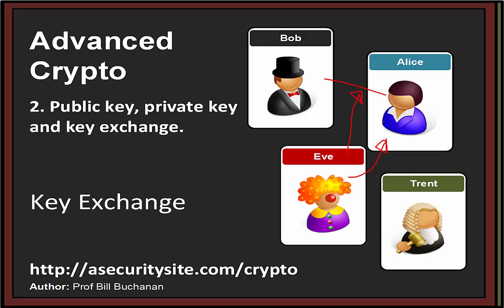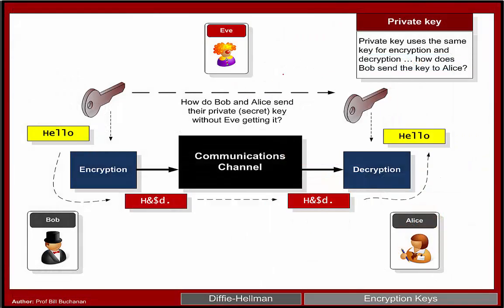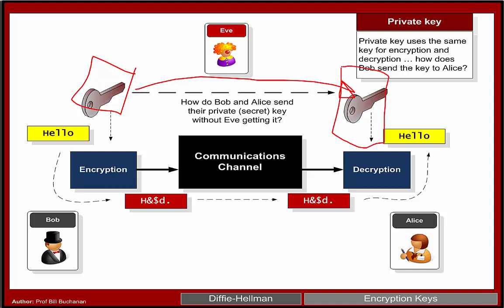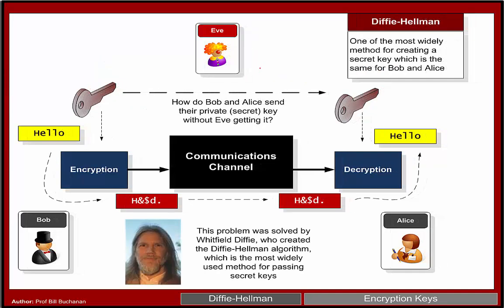One way is to create an out-of-band communication, such as through the postal service or telephone and so on. But again, there's no guarantee that Eve isn't listening to all the communications and can find out the key. So we use a key exchange method to get the key from one side to the other. Increasingly, we're using session keys, so that every connection is a new key. So even if Eve gets that key, in the next session she won't be able to read the communications. And it's really solved by Whitfield Diffie, who came up with the Diffie-Hellman method,